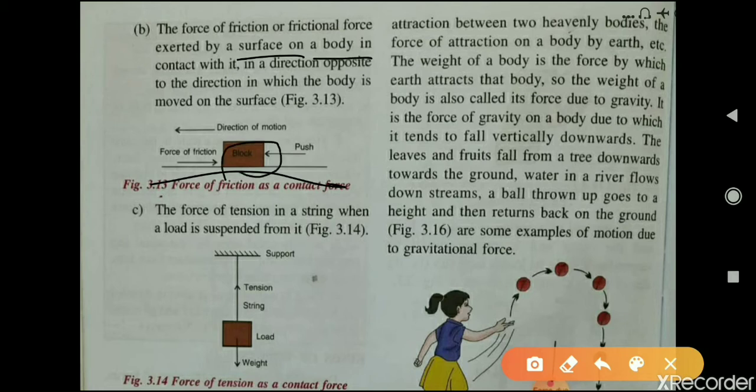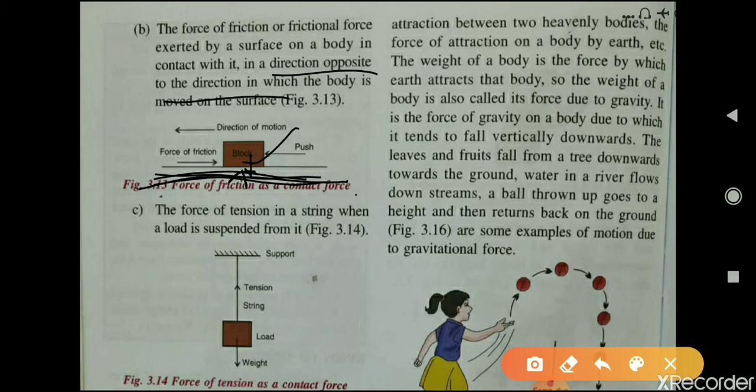The frictional force that this surface exerts on this body in contact with it, both the surface of this block and the surface on which it is kept, are in contact with each other. So when this surface applies the frictional force on this body in a direction opposite to the direction in which the body is moving on this surface, that frictional force is also a contact force,